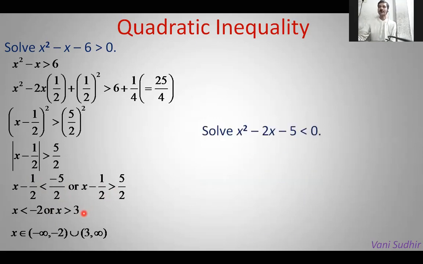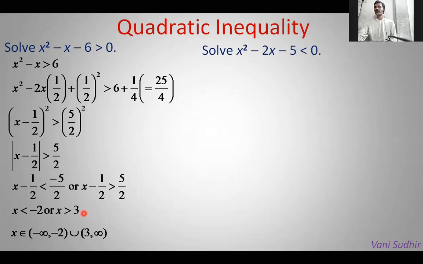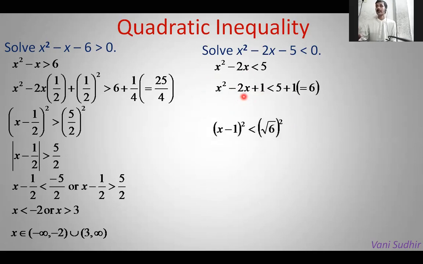Okay. Now the less than type inequality we will solve. Minus 4 will transpose to that side first. Here it is easy. It is a square minus 2a b we need. So what will you take? Unity will be b. Then you have to add b square. That is 1 square, that is 1 you have to add on both sides. Now it is in the form where you can apply the identity (a minus b) whole square. Here a is x, b is 1. Here 5 plus 1 is 6. So here (a minus b) whole square means (x minus 1) whole square. Here we can write (root 6) whole square.